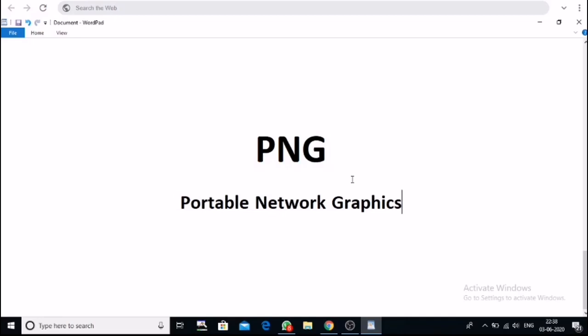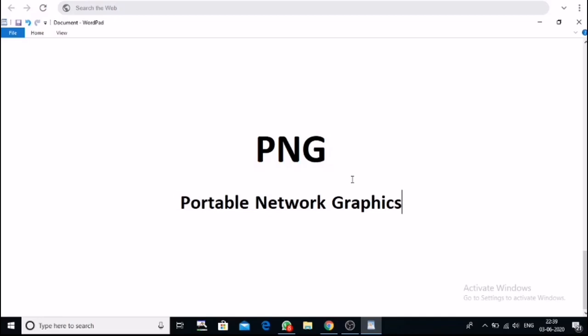When we compress the file, it will not lose its quality. That means it is also a lossless image file format, right? One more advantage of this file format is that it also supports transparency. GIF also supports transparency, but the quality of GIF is low, right?